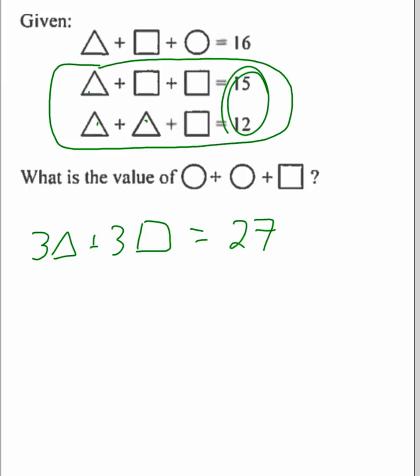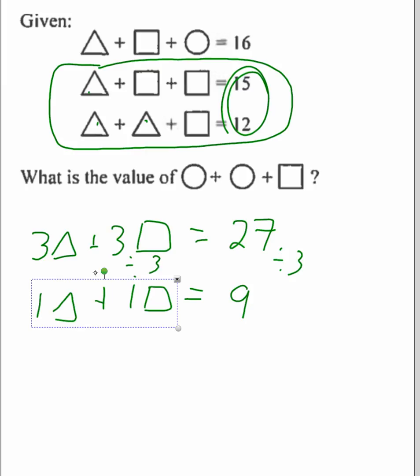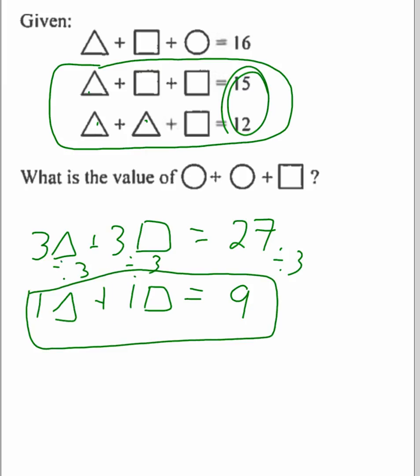Now when I do that, I notice if 3 triangles and 3 squares is 27, then 1 triangle and 1 square must be 9, because all I did was divide everything by 3. That's really important to know. The other thing that I noticed is that these two equations are virtually identical, except this one has 2 squares and 1 triangle, and this one has 2 triangles and 1 square. Notice that they're 3 apart. That means that the square, because this one's bigger, must be 3 heavier